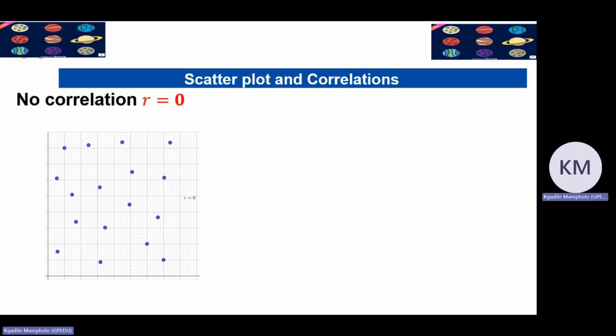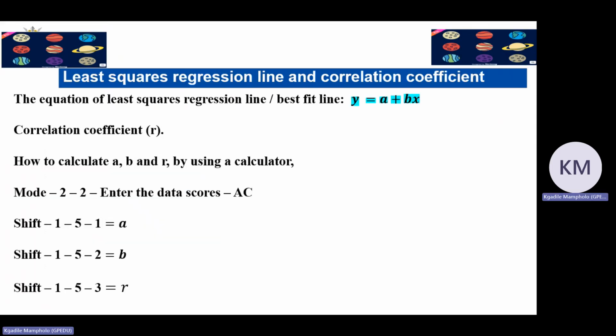Now let's look into that. We're going to learn how to determine the equation of the line of best fit, or least squares regression line, which is defined as y equals a plus bx, and also how to draw the least squares regression line, and how to determine the correlation coefficient. If you use a Casio calculator, then you can determine A, B, and R